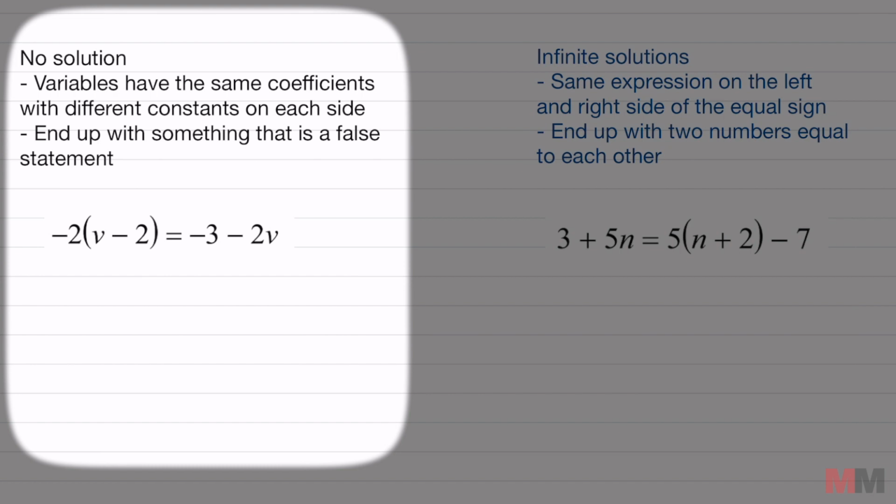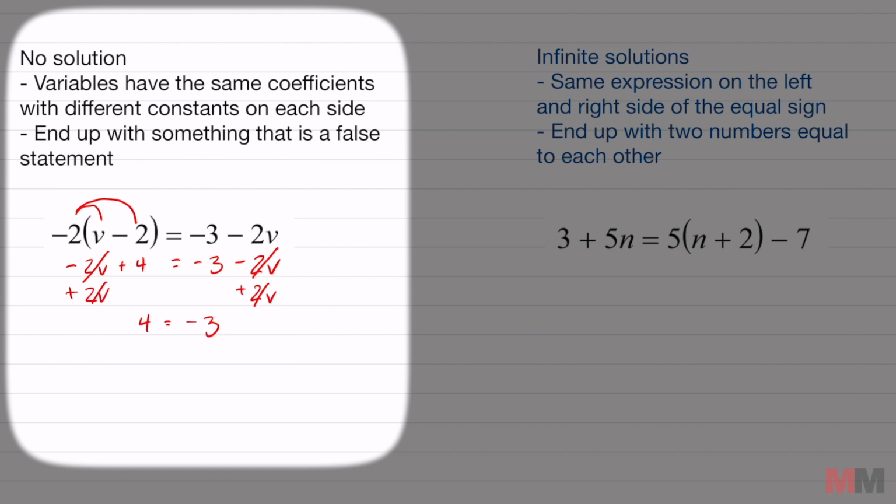And if I'm solving this, I got to distribute that -2 first, and I'll get -2v. -2 times -2 is +4. Don't mess up your symbols in the front. -3 minus 2v. And then let's say I put my variables on the left side, right? I would have to add 2v to both sides, and that's going to cancel off on the left and right. So 4 equals -3 drops down, and now I'm like,